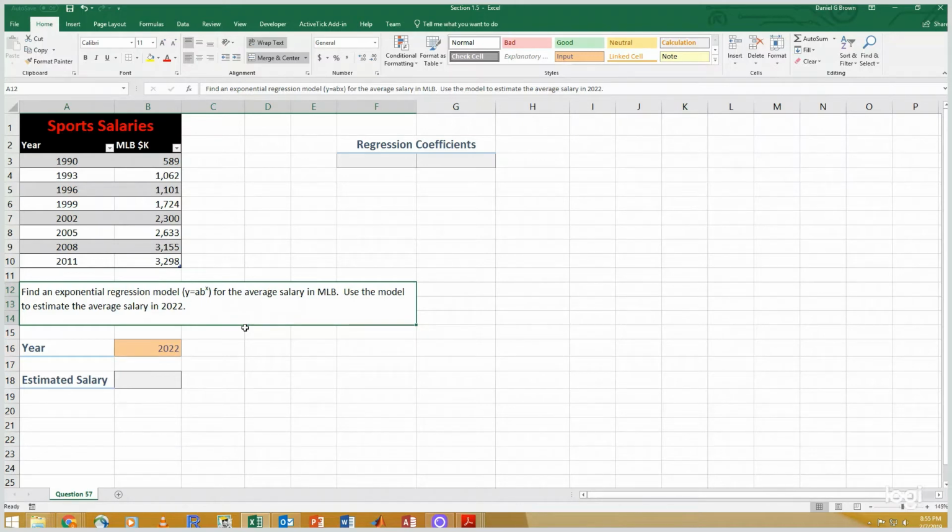So there are a couple of ways to do this in Excel. I am going to use the linest function. But of course, the linest function gives us a linear regression, and we want exponential. So I am going to use a trick to get the linest function to give me the coefficients for an exponential regression. And the trick I'm going to use is I'm going to take the natural log of the y